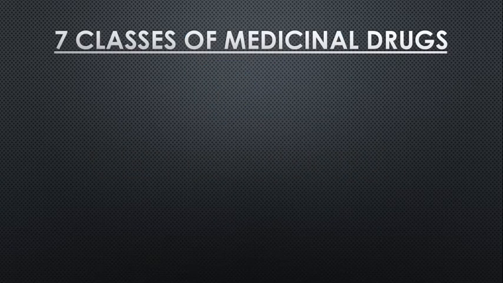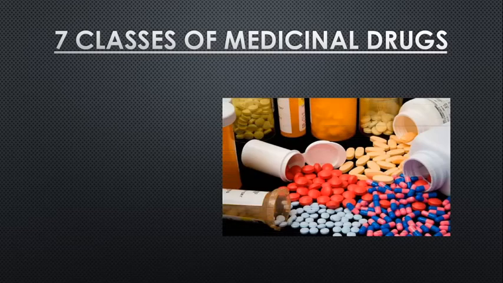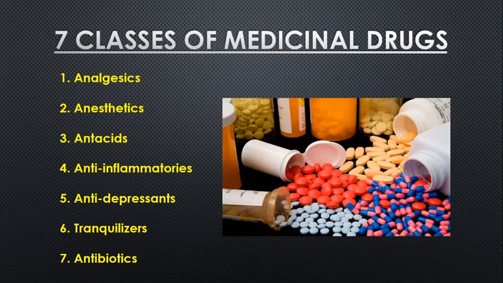In total, we have 7 major classes of drugs. I'm going to list them now. However, in this lesson, and for the sake of time, I'm just gonna explain the first 3 classes. The 7 classes are analgesics, in Arabic means المسكنات, anesthetics means البنج,